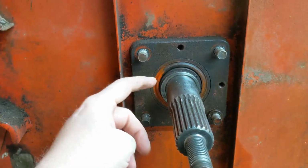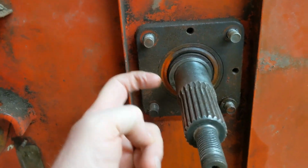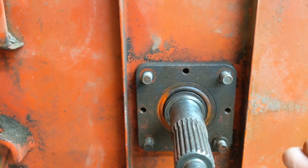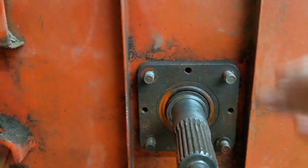So I've had very good success on other machinery. If you can get your pulling power down here on the race that you want off, you usually have pretty good success. Now this is clean. We'll make sure it's clean,